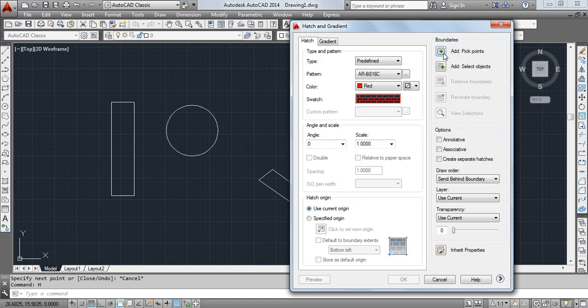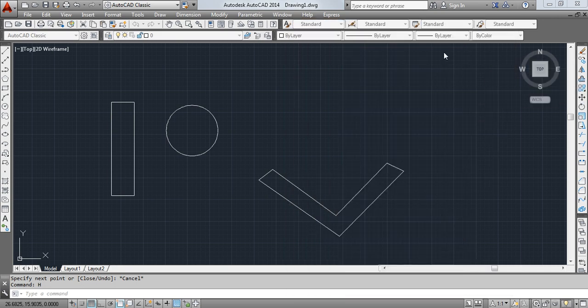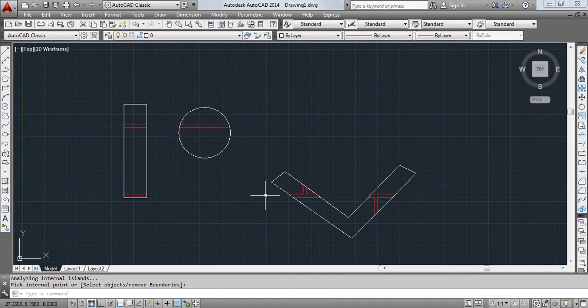Now boundaries, add pick points. So one option is that you can select this one, and AutoCAD is automatically going to select the boundary which is closed and going to hatch that for you. It is written, determines the boundary from selected objects that form an enclosed area. Second one is, if it is not an enclosed area, then you can choose the objects in which you have to do the hatching. So let me use this one first. So click here and click here, enter, OK,